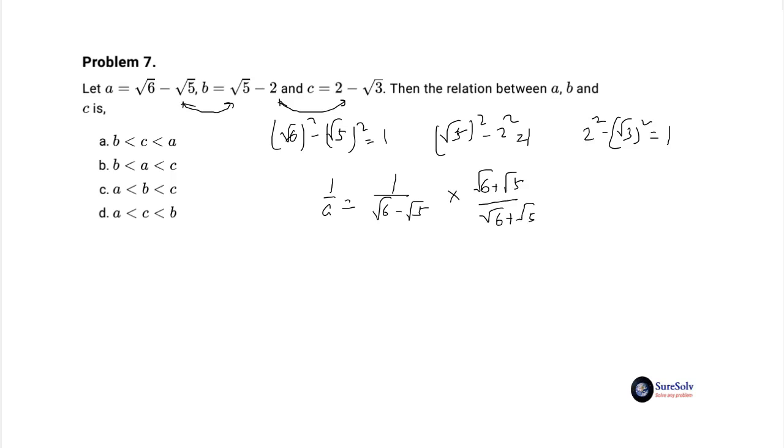Result is 1 by A equal to square root 6 plus square root 5 as denominator result is 1. Similarly, 1 by B equal to 1 by square root 5 minus square root 4 equal to square root 5 plus square root 4